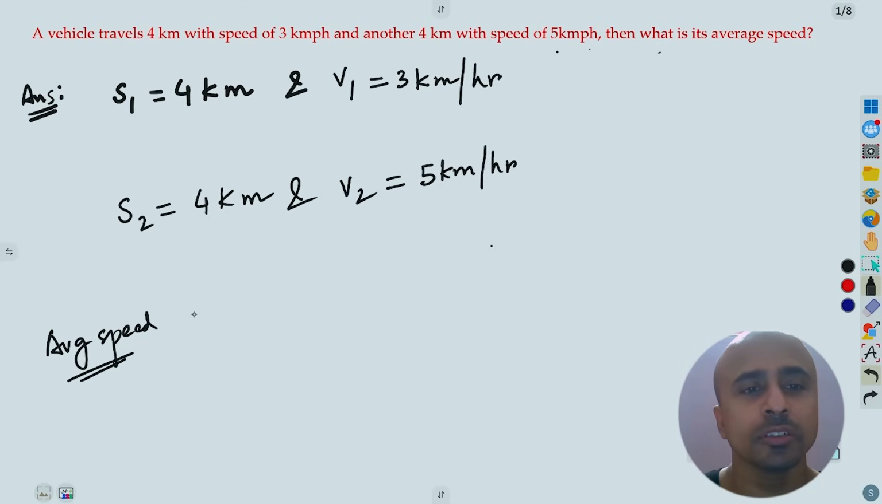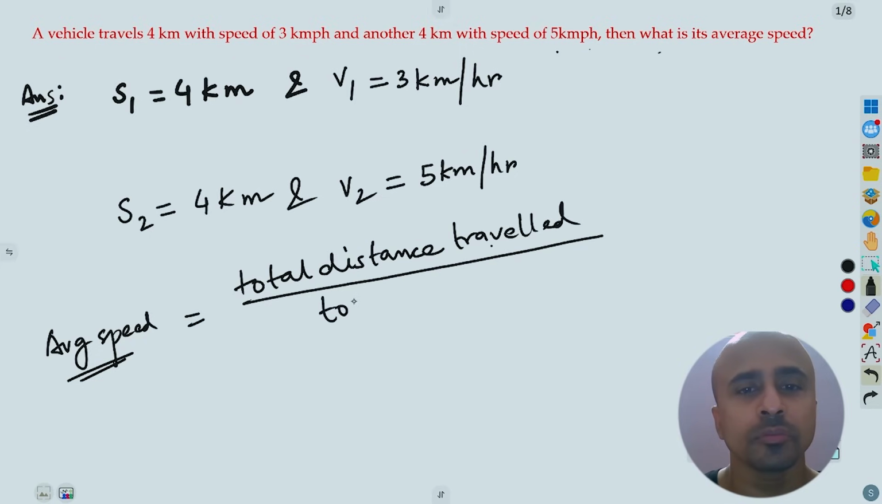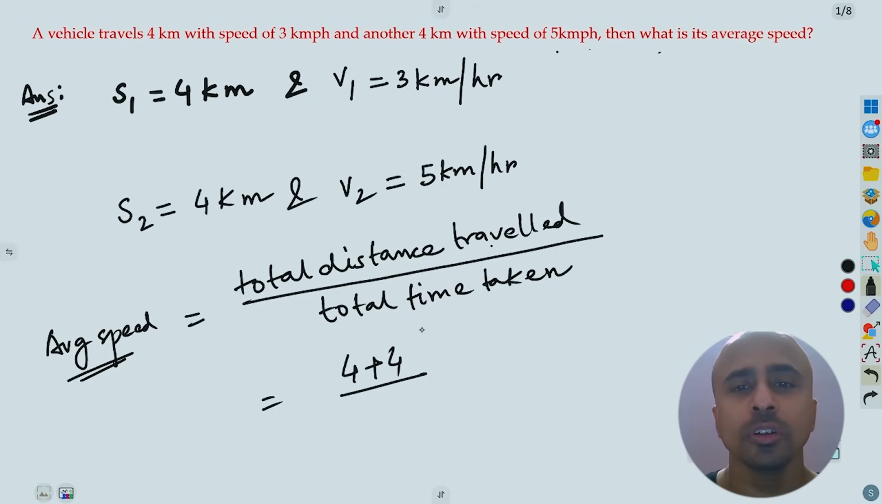The definition is total distance traveled by total time taken. So we know the total distance traveled, right? Total distance traveled is 4 plus 4, yes, 4 plus 4. We have to evaluate the total time it took